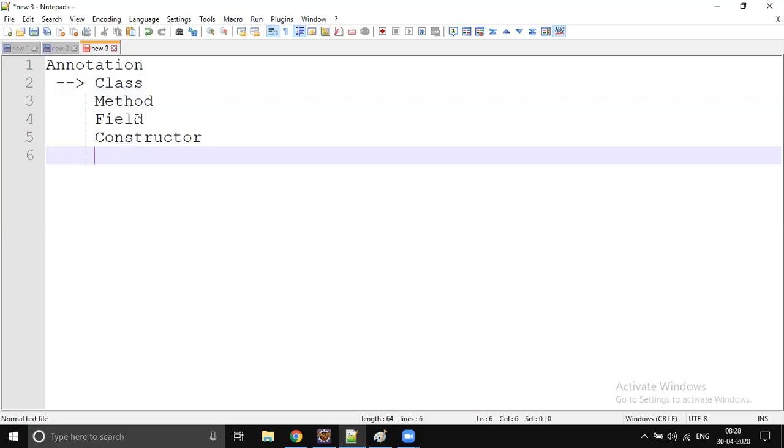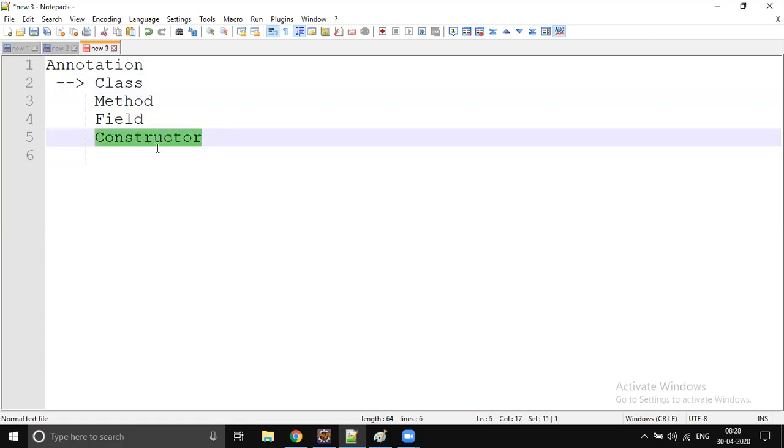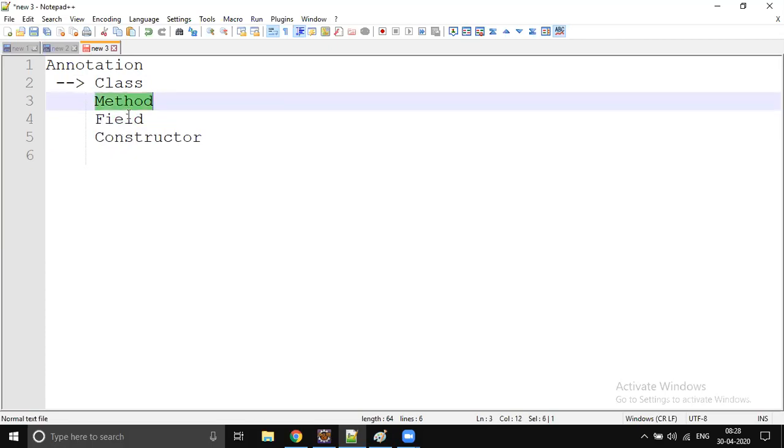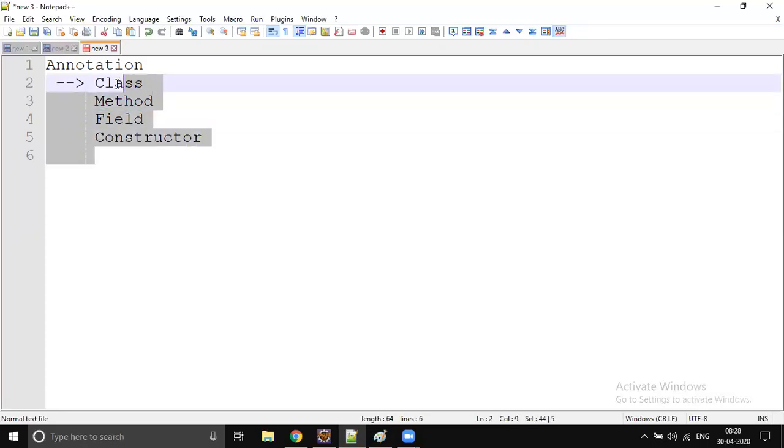There are so many classes. Every constructor you write in a class is an object of the Constructor class. Every field you define is an object of Field. Every method you write in a Java class is an object of Method. This is how we can process methods, fields, and constructors.